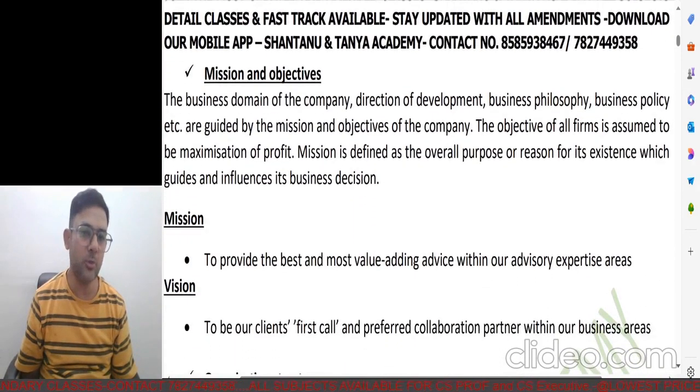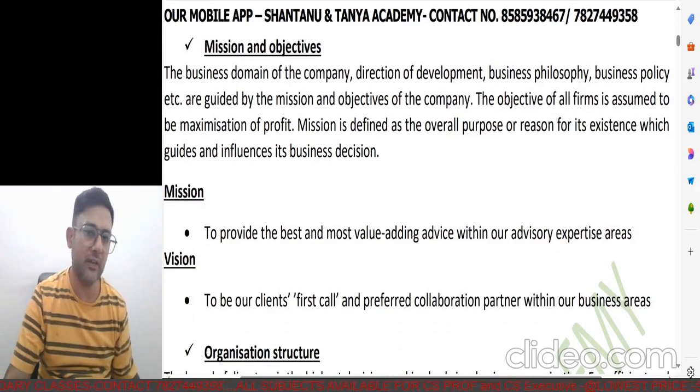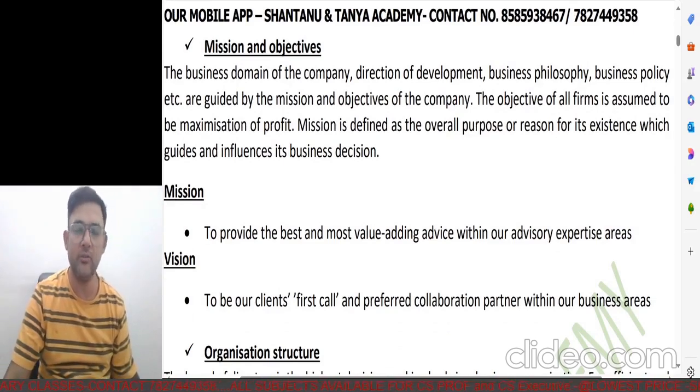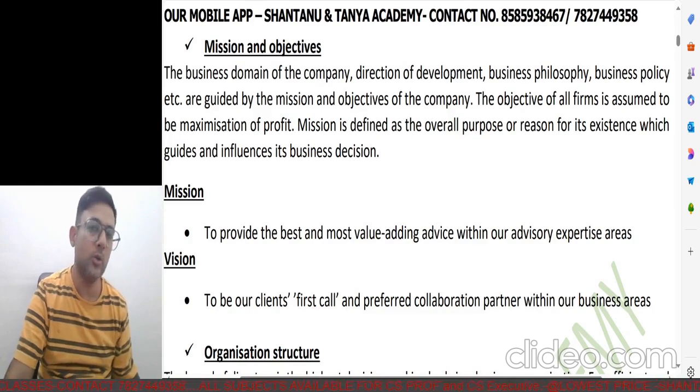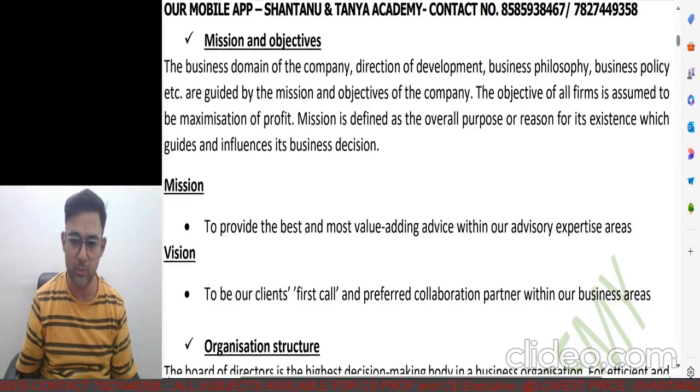Talking about mission and objective, again, the business philosophy on dealing with things, or business policy objective, where the business wants to be in the next 5 years, 10 years, or what is the ultimate objective of the formation of the business, what the business would like to do towards society. All this is a part of something which the business has control over, and they can really decide what needs to be done here.